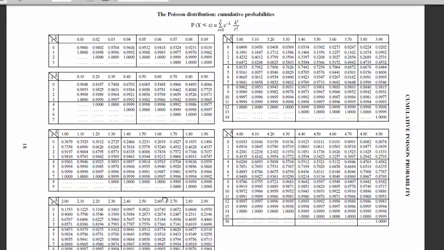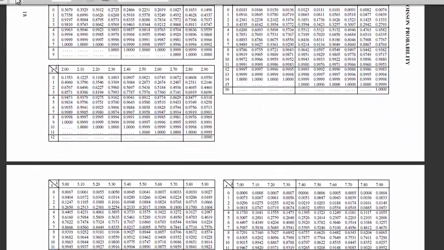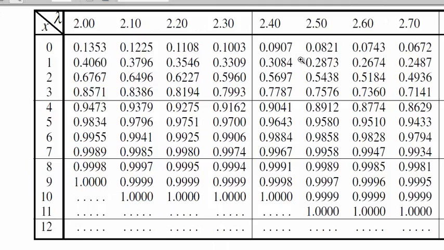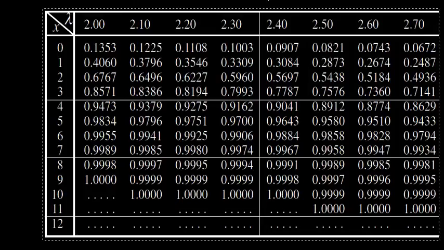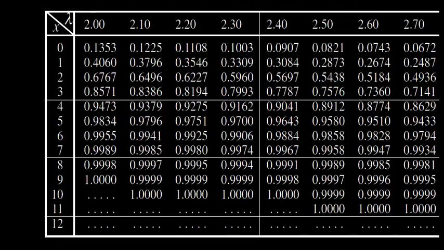Now we're looking for a mean of 2.5, so I'm in this table here, and so if I just get this table to write on, et voila, what we're looking at is the following. We have lambda is 2.5, and actually I want to see what 4 or less is, and 4 or less is going to be that value. That specifically gives me, just like in the binomial, the value of 4 or less.